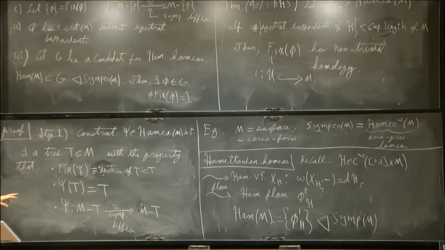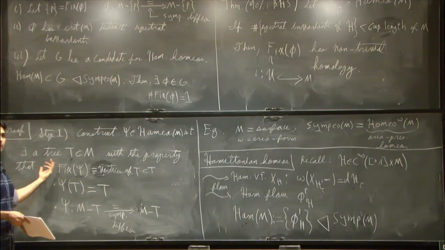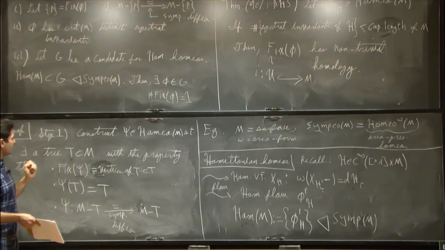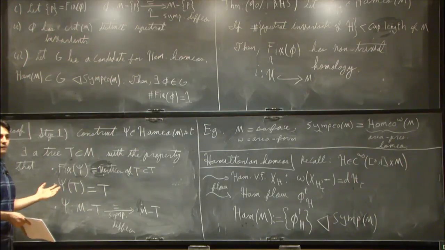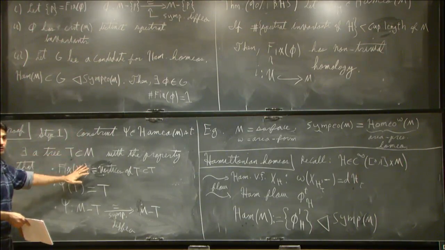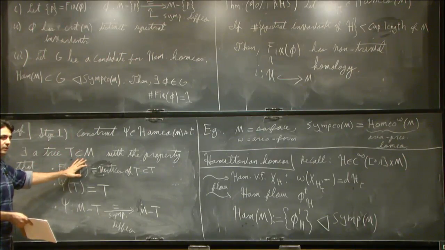Okay? And so this is the step where most of the hard work is concentrated. So first, you need the dimension of M to be larger than 4 in the construction of this tree. And the second thing is that I don't think this tree could exist if psi was smooth. So already, you need to go outside the smooth category to construct this tree.